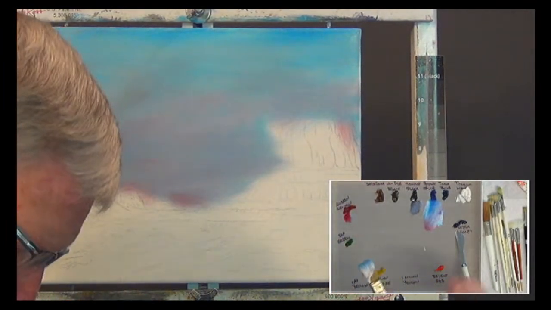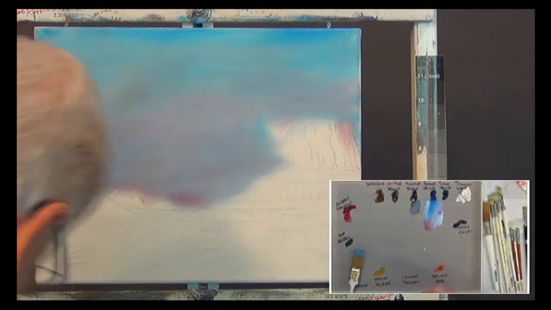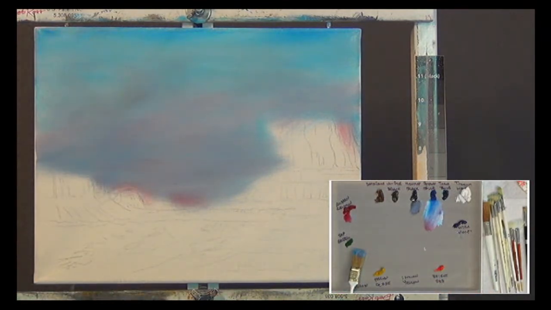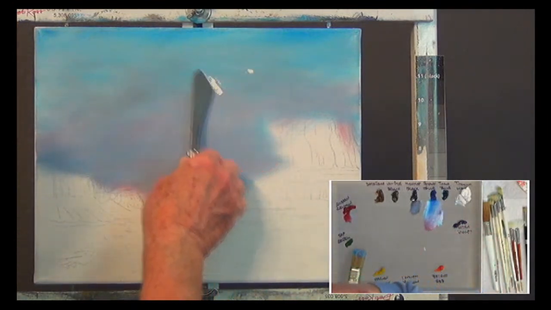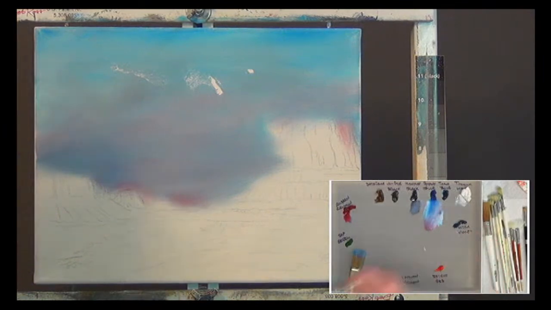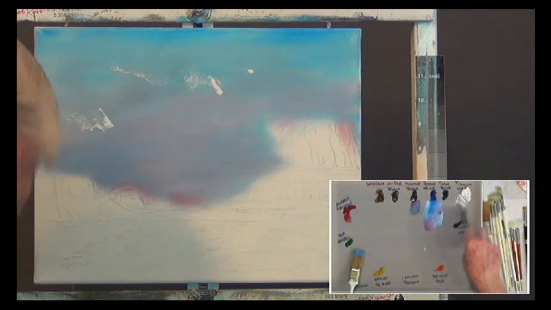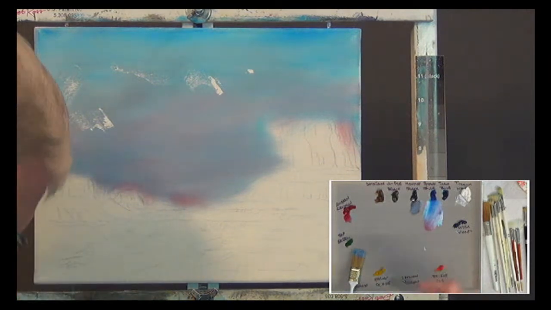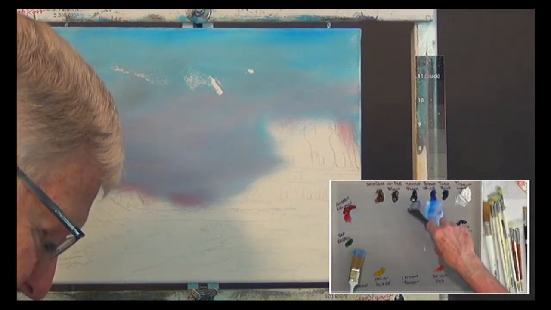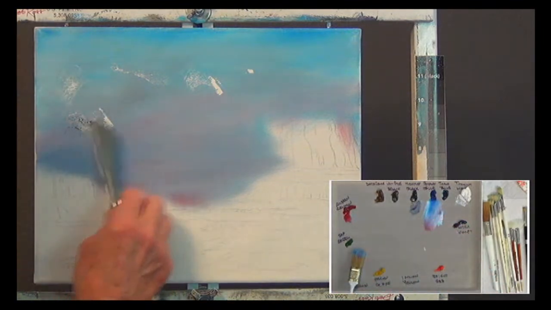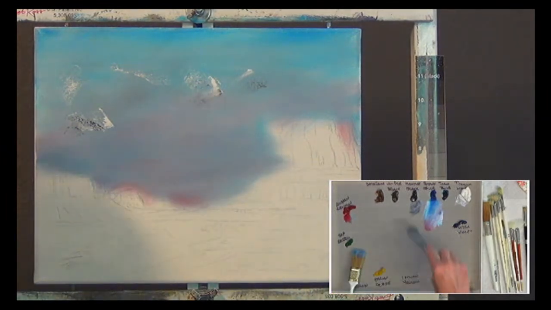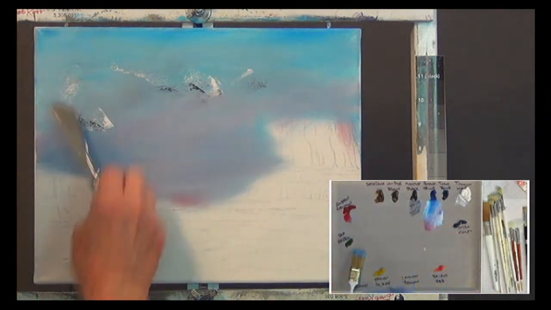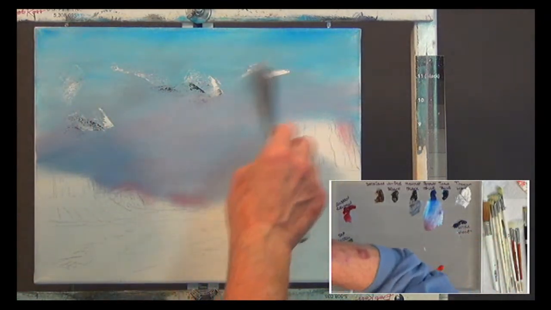All right, now let's come back and let's put a few clouds in there. Take just a little of my liquid white or titanium white. I'm going to put a few spots around here. Put some color in there. Different way to put clouds on. And I'm going to mix that with a little midnight black in some areas, and we'll just see what this looks like. Haven't done this trick before, but I'm going to throw some things out there and just see how this works. A mixture of titanium white and some